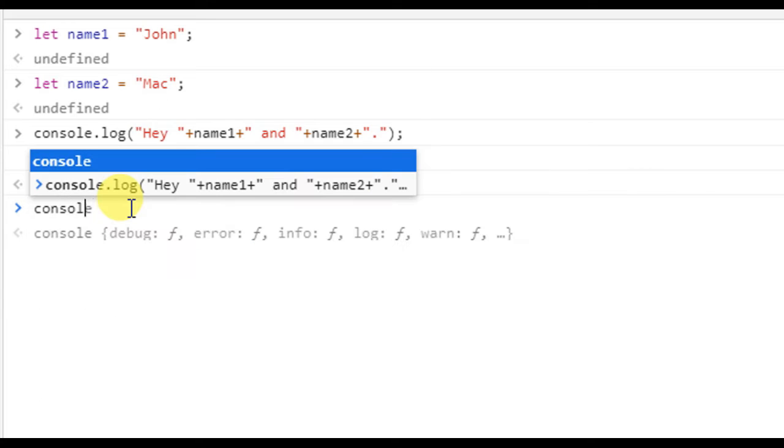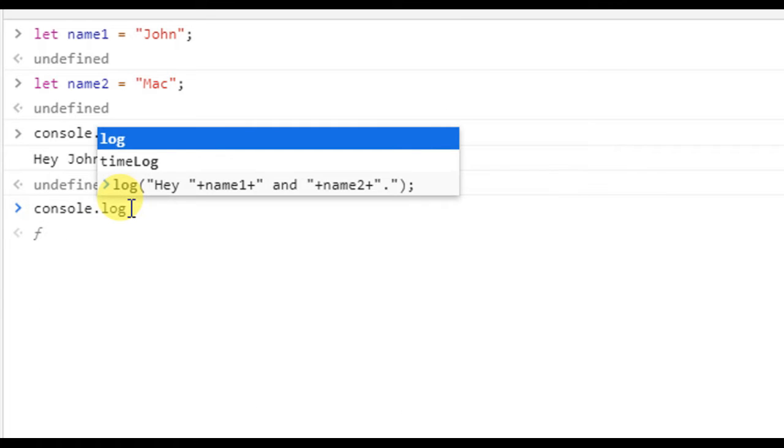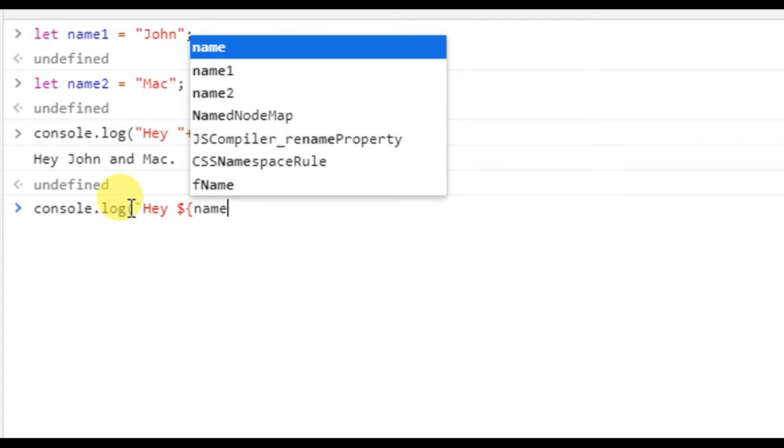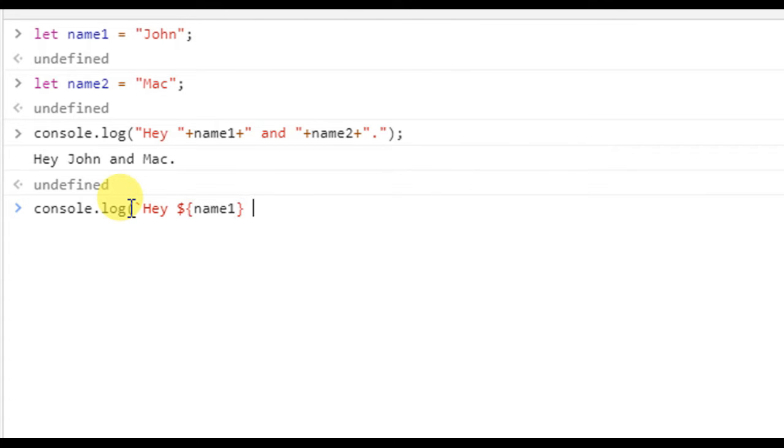Console.log, backtick, hey space, and here is the magic: dollar curly braces start, name1, curly braces end, space, and, space again, dollar curly braces start, name2, curly braces end, and dot, and backtick again to close that expression.